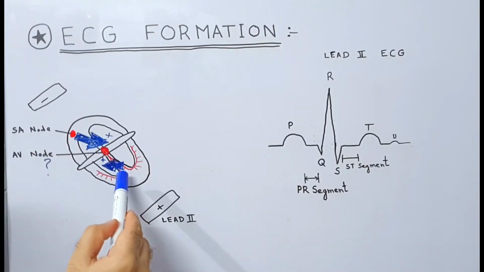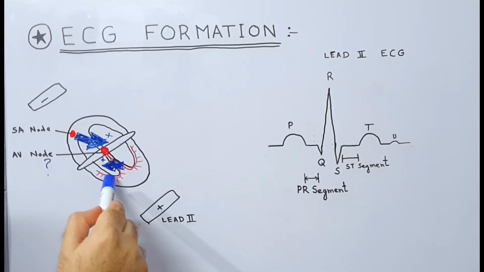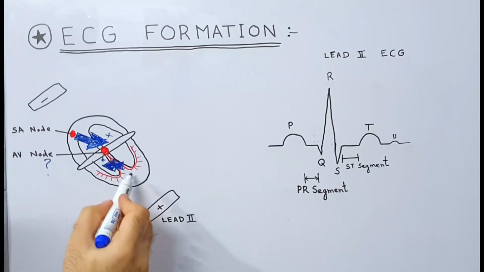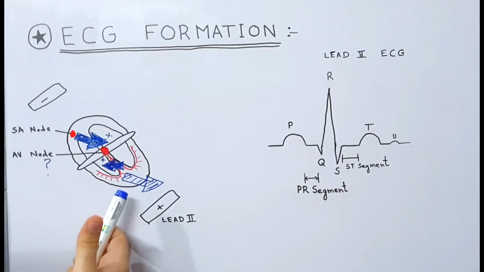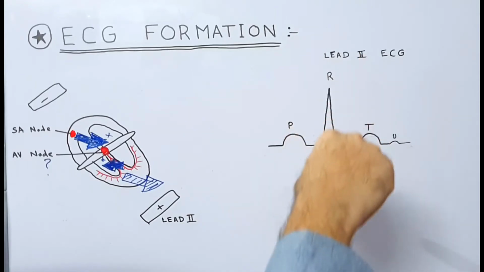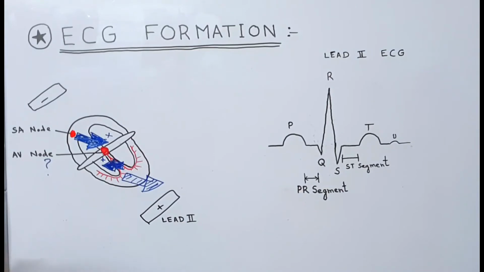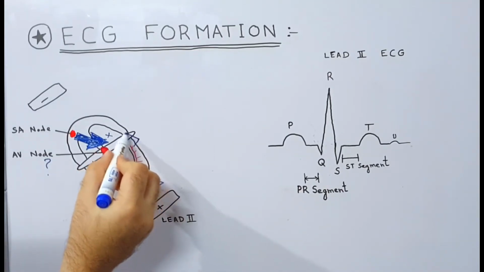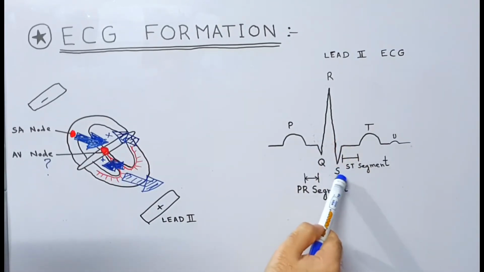Now the current will start moving into the major portion of the ventricles. When the current is moving into the major portion of the ventricles, the resultant vector will be directed in this direction. As a result, there will be again a positive deflection. But this time the deflection is quite large. It shows greater magnitude of the depolarization currents. Because the ventricular mass is more than the atrial mass, therefore the R wave is tall. After the major portion of the ventricles, when the bases of the ventricles start depolarizing, the resultant vector will be in this direction. And again a negative deflection in the ECG will be shown, and S wave will be formed.